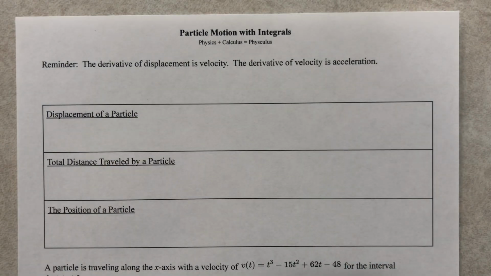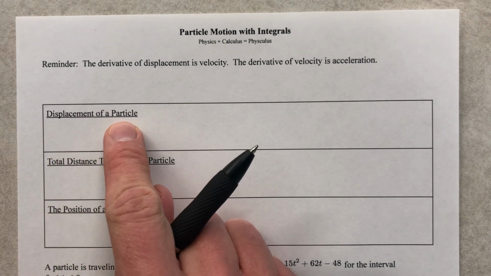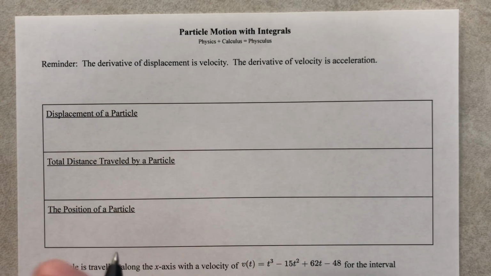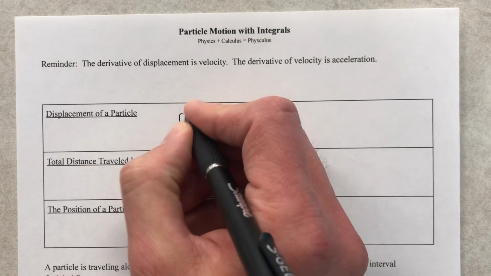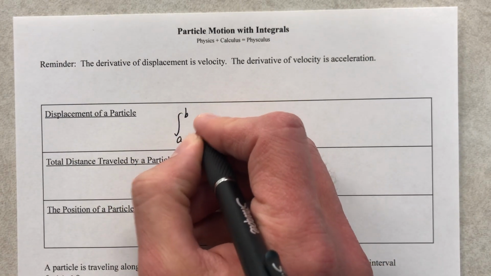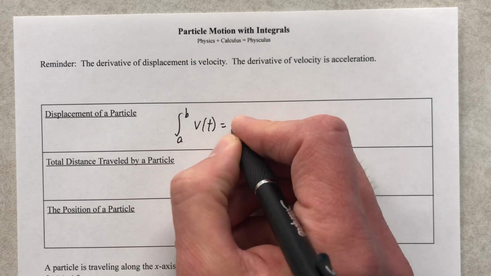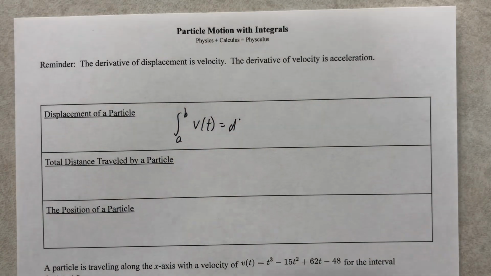Good to know. Okay, the displacement of a particle is the integral of velocity. Okay, well, let's just write that. So the integral of velocity is going to tell me, equals dt. Does not. That's